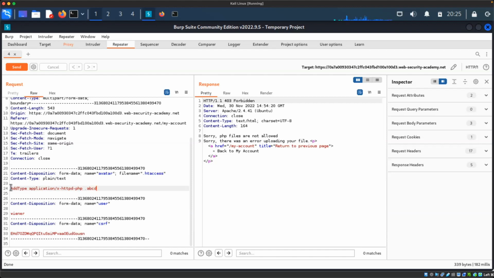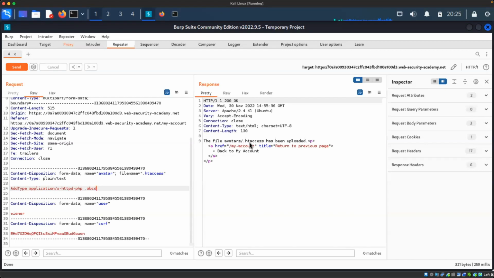So next time when I upload my PHP file, I will give this abcd extension rather than the PHP extension, because now this abcd extension will be treated as a PHP file when it is uploaded on the server. Okay, so now let's try to send this request,